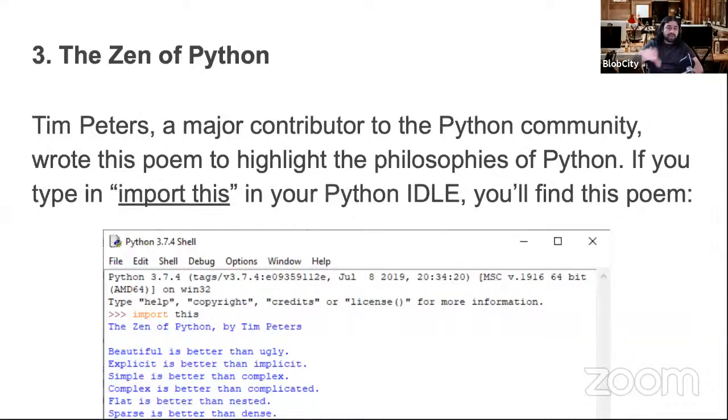So if you import this in any Python environment, and you can try this very soon, you will find a poem called The Zen of Python by Tim Peters. The poem reads, beautiful is better than ugly. Explicit is better than implicit, which means whatever you write, if it looks beautiful, it is better than it looking ugly. And explicit is better than implicit, meaning rather than having some complex jargon that is very hard to understand,